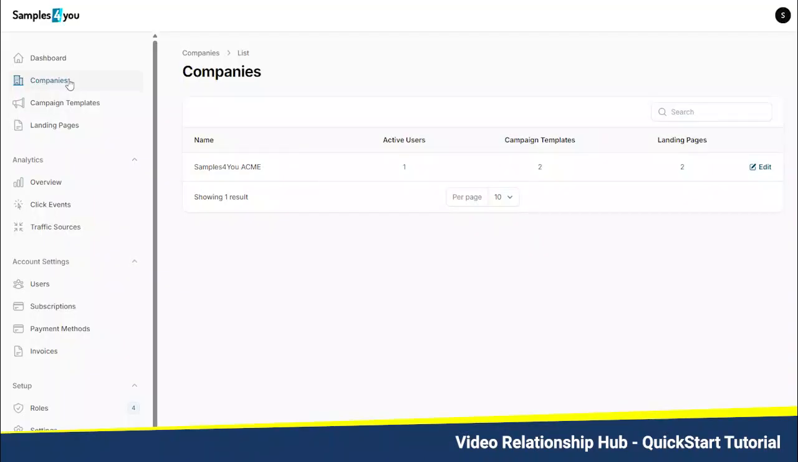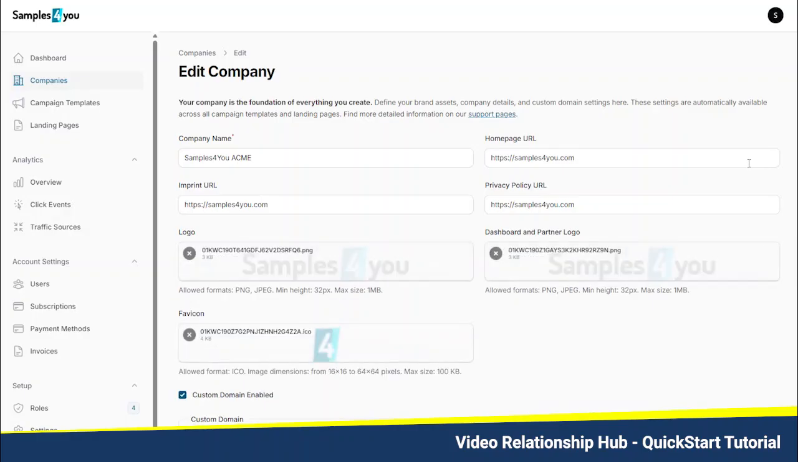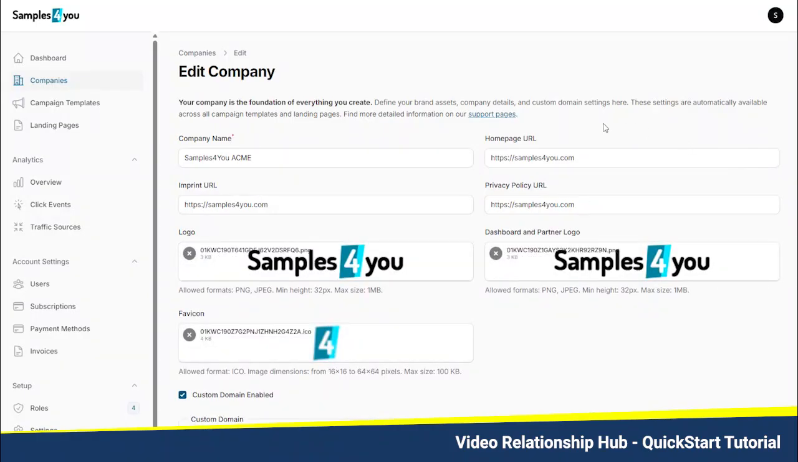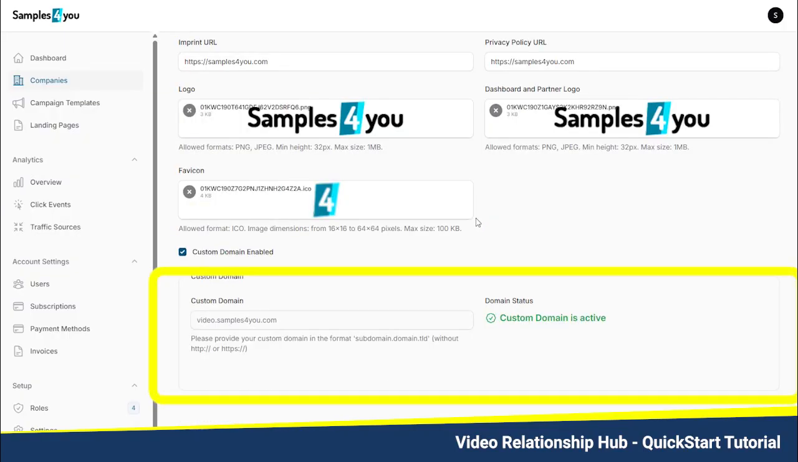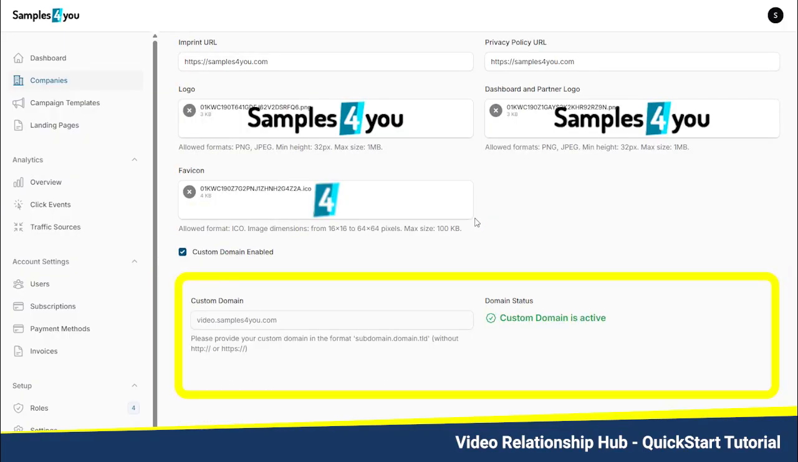In case you manage more than one company in your account, simply select the company you want to edit. Here, you can set all basic information about your organization, like logo, default navigation, and the internal branding of your dashboard. Important, here you can also configure your custom domain to run your campaigns on your own domain. This is recommended since this creates even more trust with your audience, but you can switch your company to a